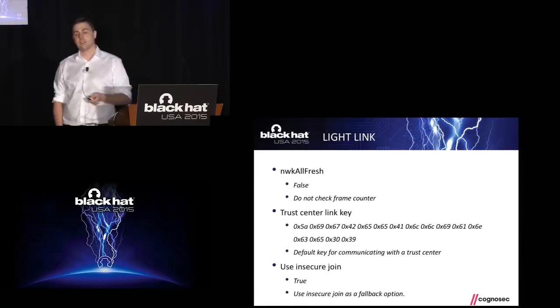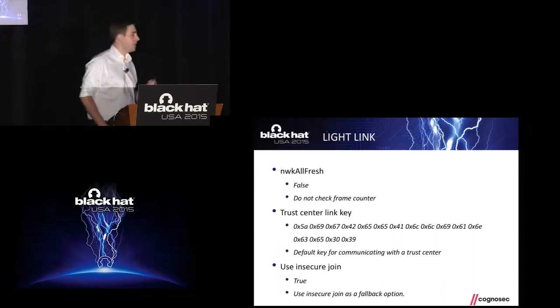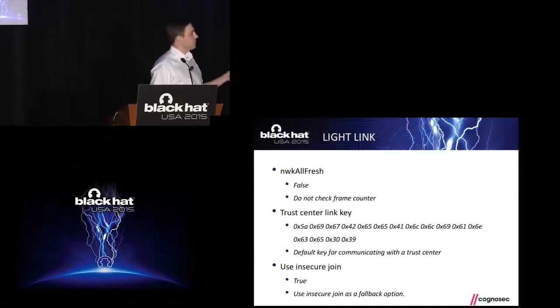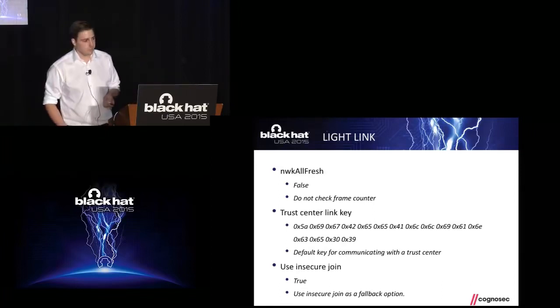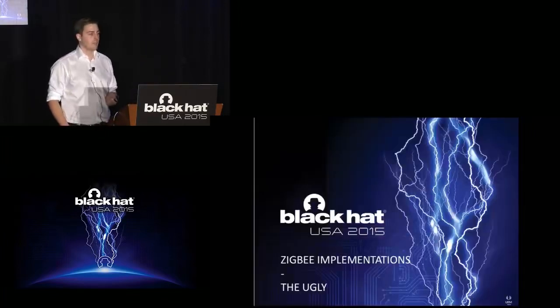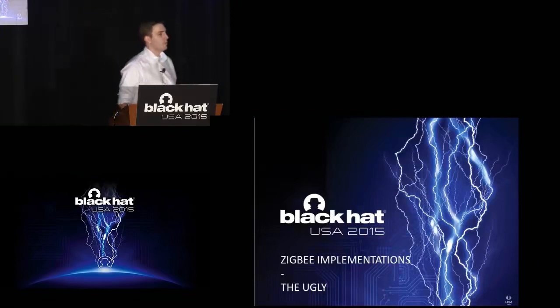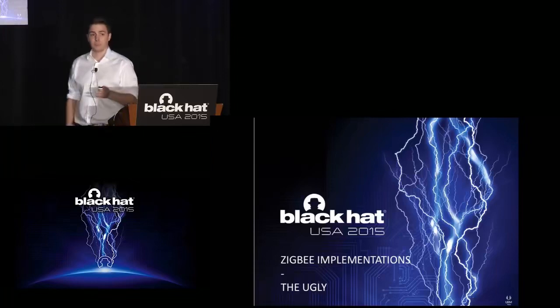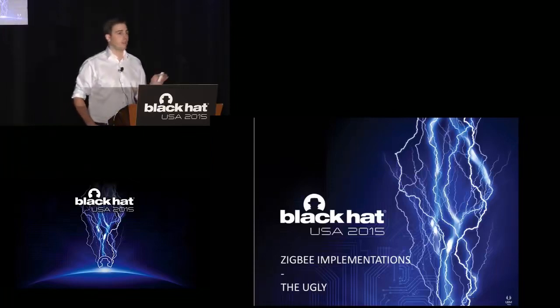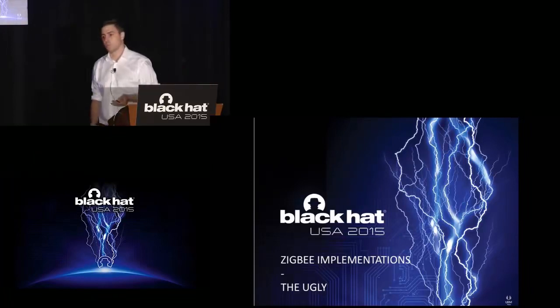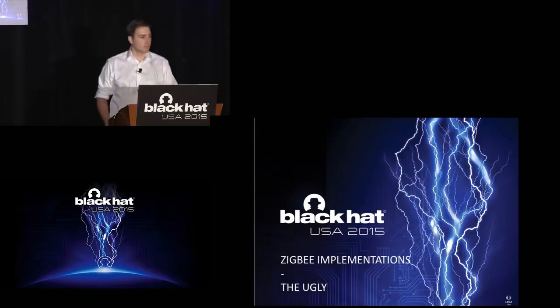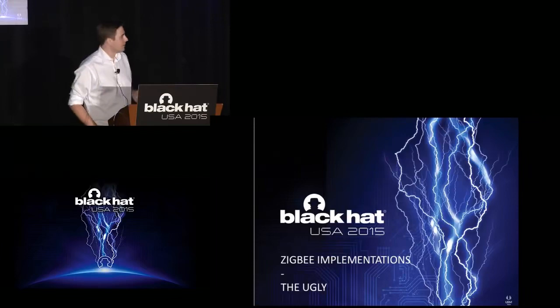All Light Link devices are also able to join home automation networks, so they also have to apply the trust center link key, the default one, and the usage of the insecure join. So, a short recap: we learned there are security measures provided, they're actually good, but requirements due to interoperability weaken them drastically. So we then had a look into real-world implementations and made sure what other vendors are really applying.